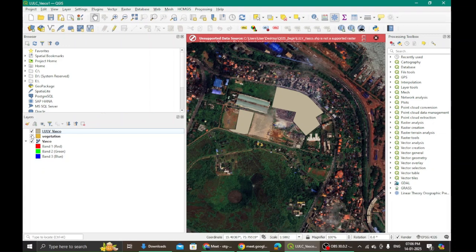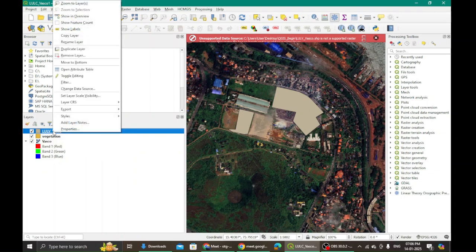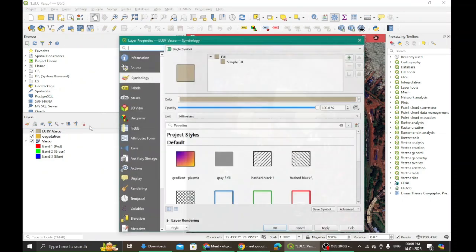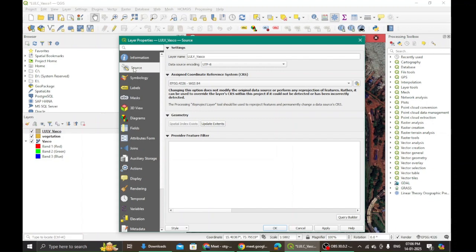What we will do is right click on one of these layers. For example, I am right clicking on this LULC Vasco and going to properties. Here I go to source. What do I get to see?